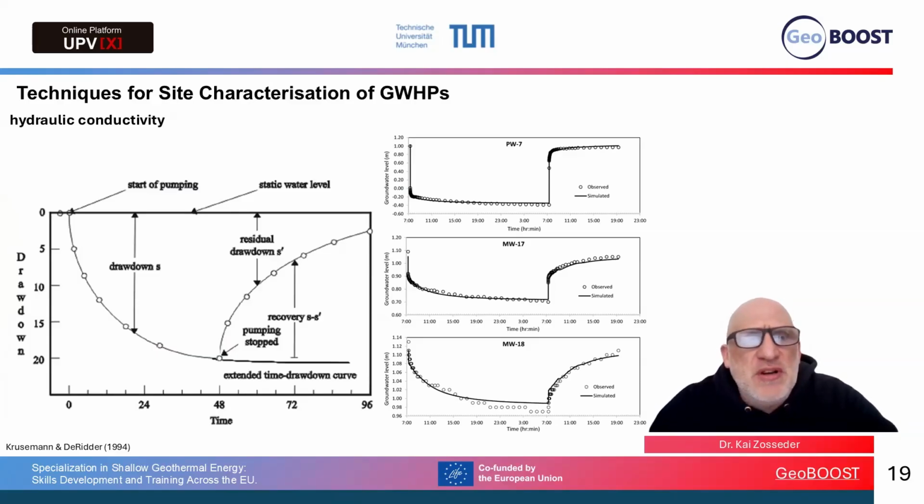So we draw here for a specific pumping rate the drawdown over time. And you see on the left side, of course, over time, if you start, your drawdown develops until it reaches a static level. So with a specific pumping rate you are operating, the drawdown is stable, which means the same amount of water that you pump out is flowing through your well, and so you get a stable